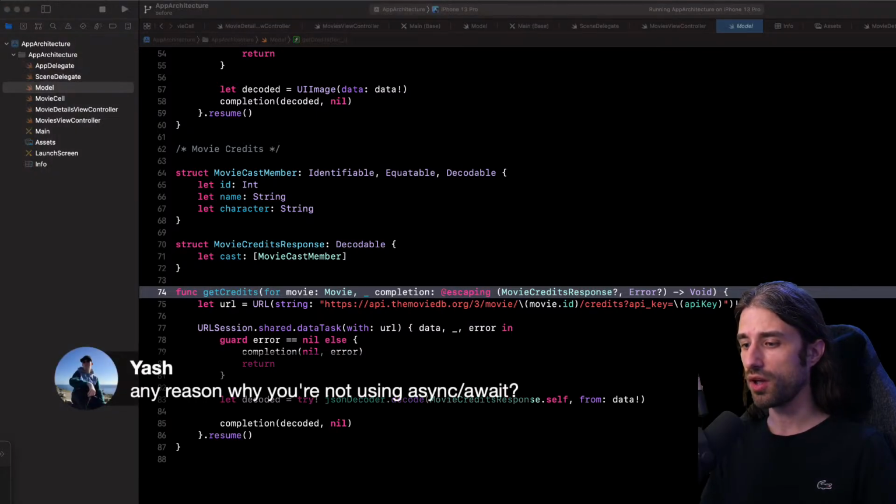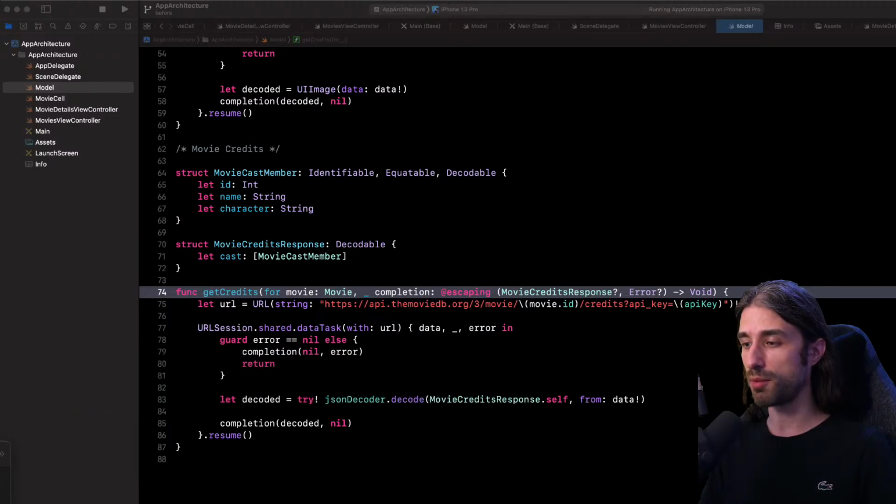And so you're asking any reason why I'm not using async await? It's mostly to really keep the focus on architecture patterns and not go too much into async await. But I'm taking note of the suggestion. It could actually be a good idea, among others, for a second live. Maybe talking about async await, talking about algebraic data types, that kind of thing. So maybe I will keep this in mind for a next live on the topic.